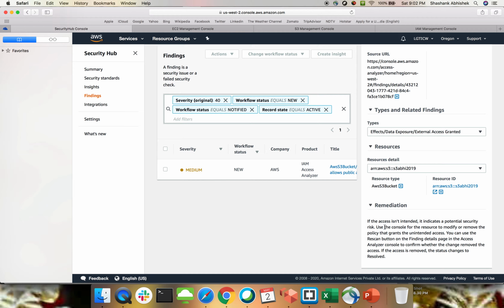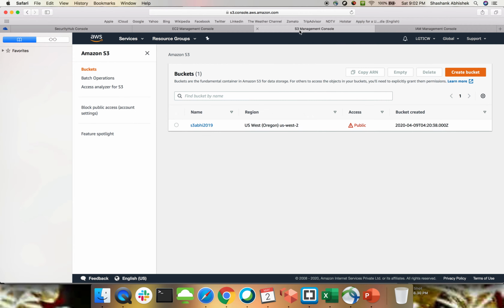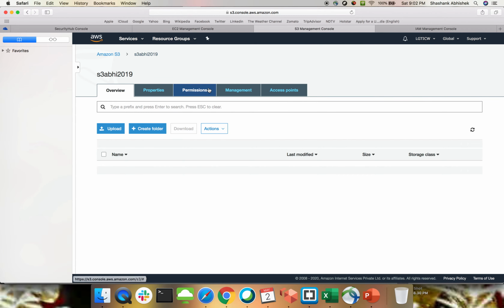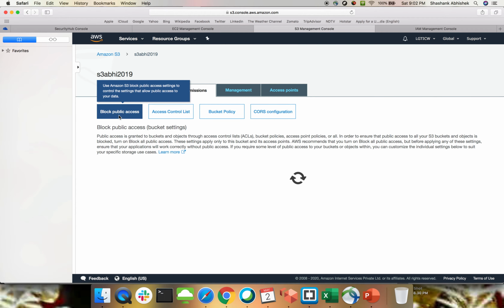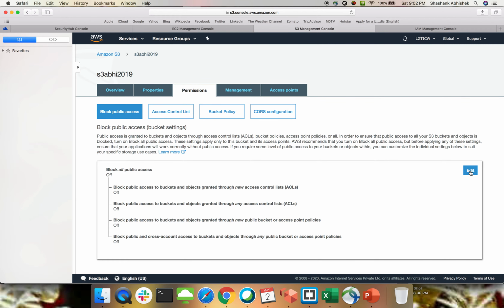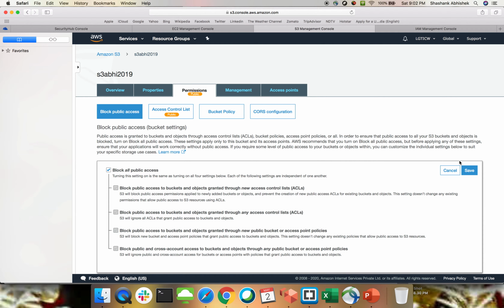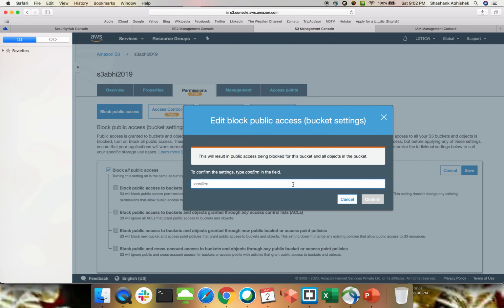Otherwise, if it is not intended and the public access has been given by mistake, please go to your resource and disable your public access. So for example, in this case, we'll go to the S3 bucket, and within the S3 bucket, we'll go to permissions, block public access. I'll edit this and click save, confirm.